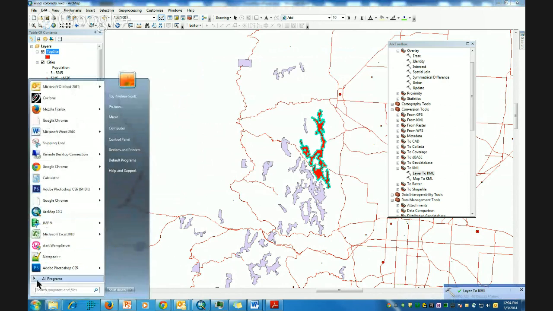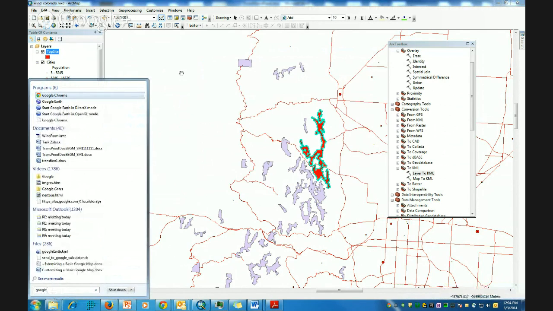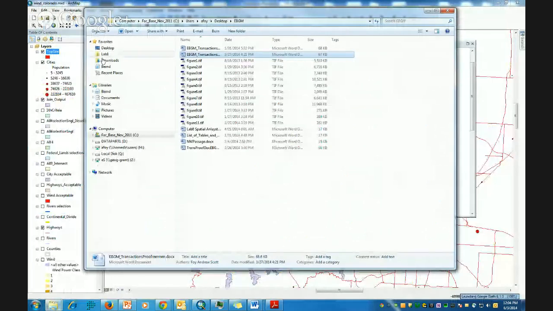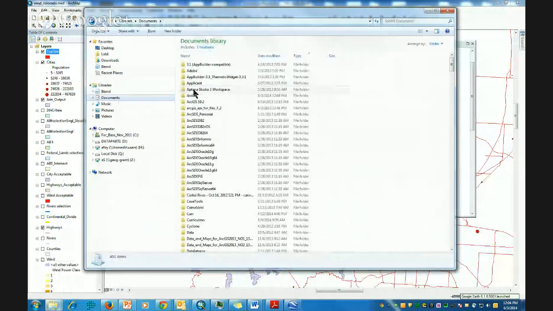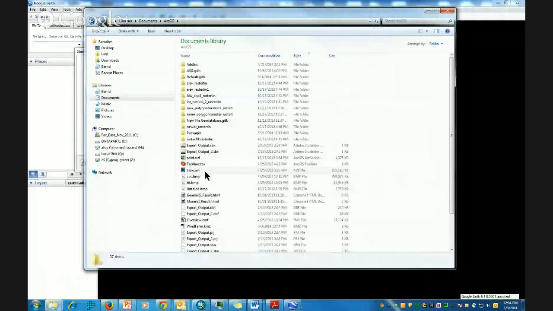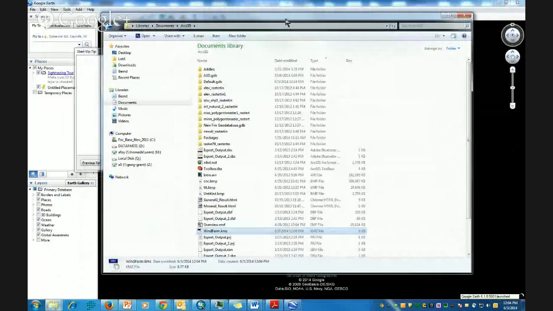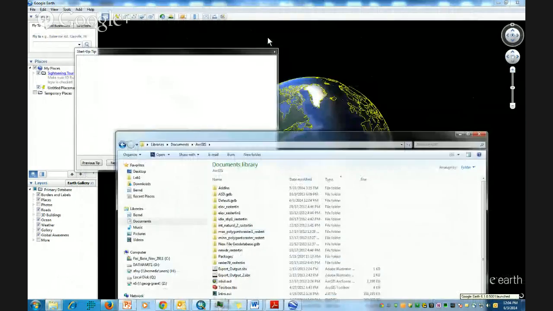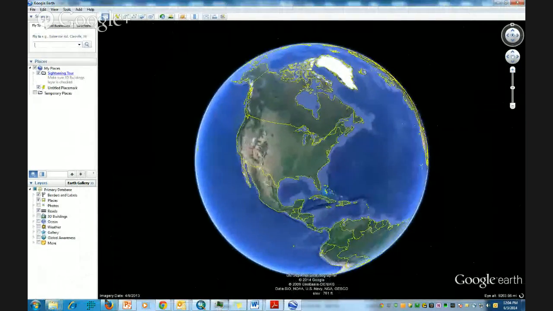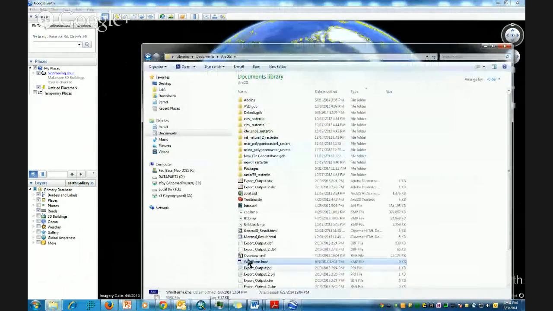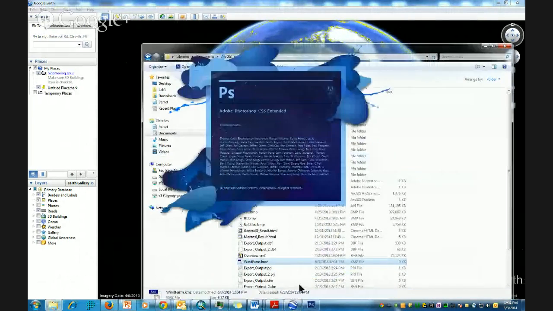And then the next thing I'm going to do is fire up Google Earth, right? So we'll just do a quick search. There's Google Earth. Click on that. And then using Windows Explorer, I'm going to go to my documents in ArcGIS, which is where the file went, and I'm going to look for windfarm.kmz. And look, there it is. So to get this into Google Earth, all I have to do, go back to ArcGIS, is double click on this KMZ file,